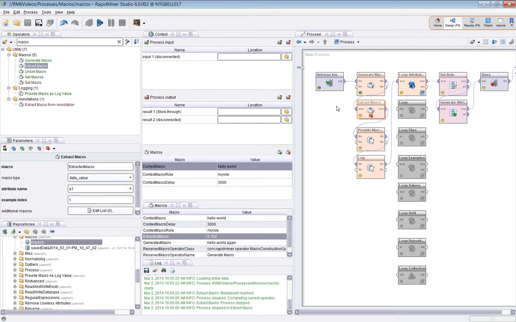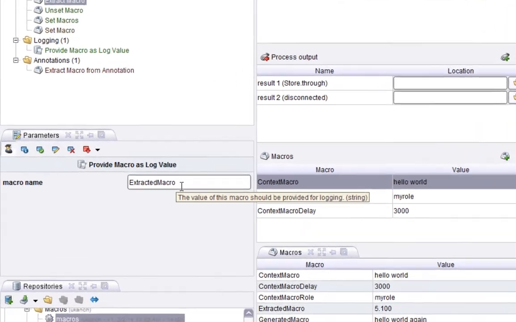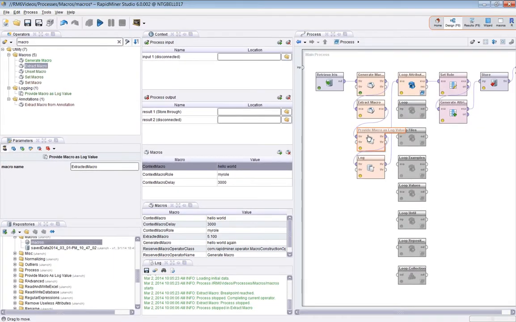Let's continue. I'll clear that breakpoint. Provide macro as log value. That's a way of allowing you to record what value a macro has. In this case I'm putting it into the log, and the way to do that, you have to call this operator called provide macro as log value, and you give the name of the macro you want to provide, and then in a log